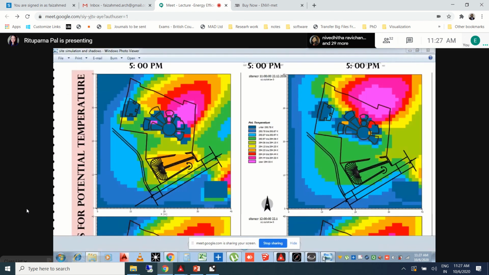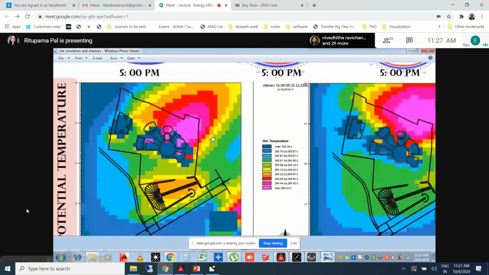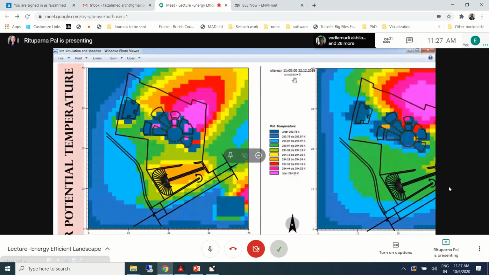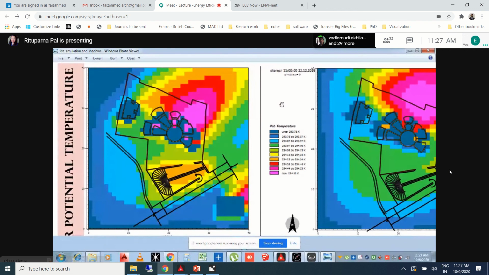Anyways, so you can understand, this is for the pot temperature, which is the potential temperature of this particular area. You can see that it is all given in Kelvin, so you can just convert it into Celsius if you want for your understanding, or you can keep a scale of how much is for how much.